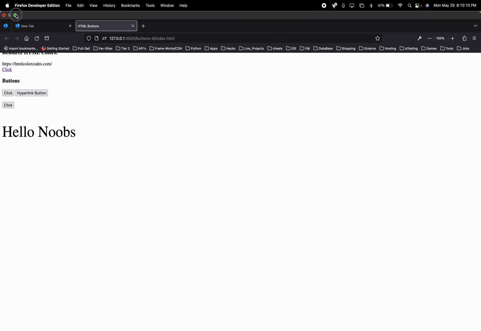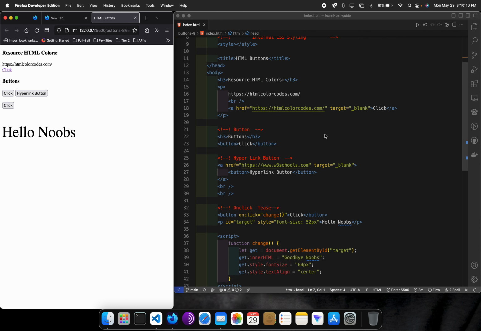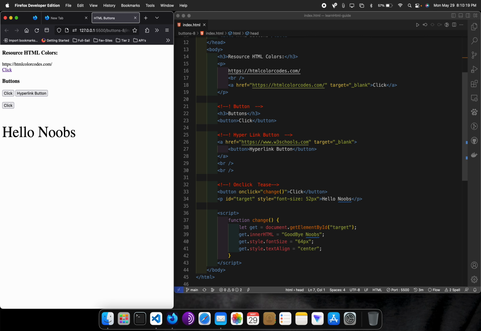But anyways, back to HTML buttons. Okay, so as you can see here, we have some buttons, and more buttons. Okay, these are not functional. These two ain't functional right here. As you can see, click, because we're only doing HTML. So